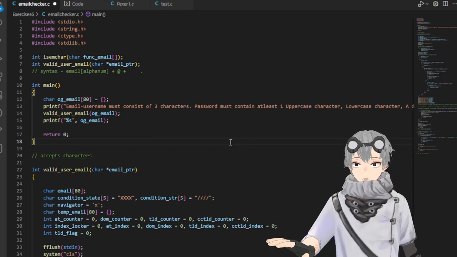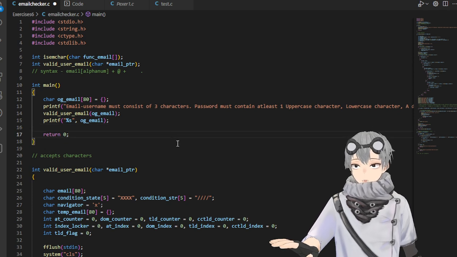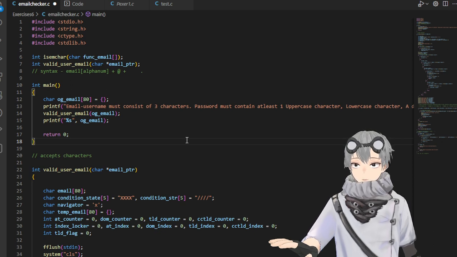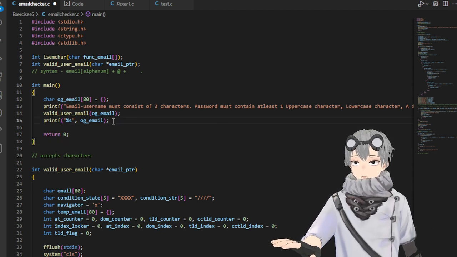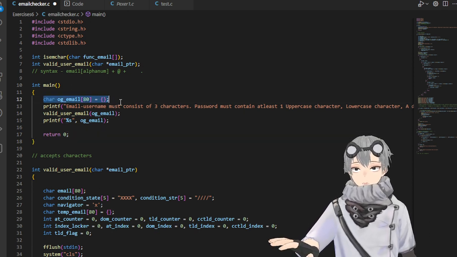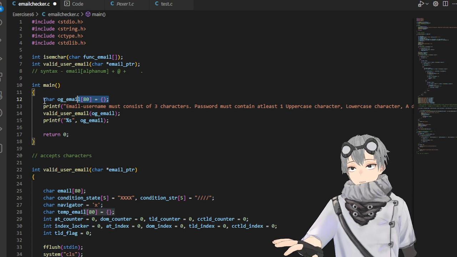Welcome back to the second part of our email checker program. I have updated it, and basically I implemented a new part, the recursion. So we start here. We get an original email,